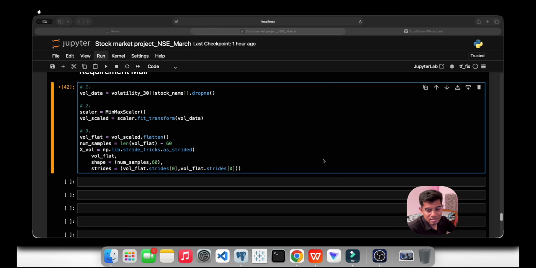And we have also used return sequence equal to true. So the output will be the final time step if we use return sequence equal to false. Return sequence equal to true means all the 60 outputs will be there. Okay, that's it. I hope you are getting this. If not, you can ask me in the comment section.